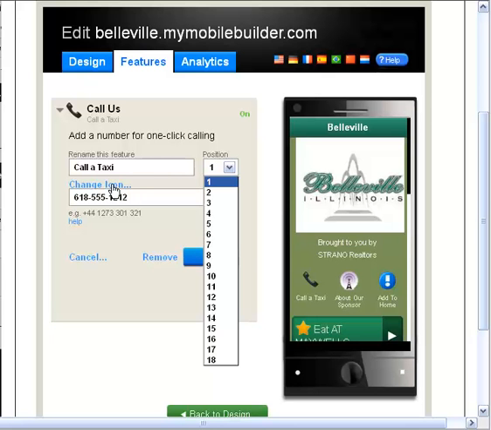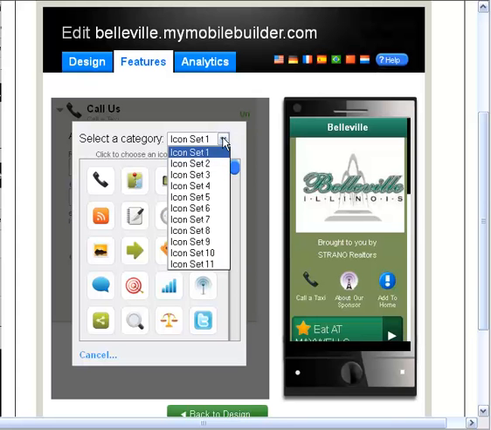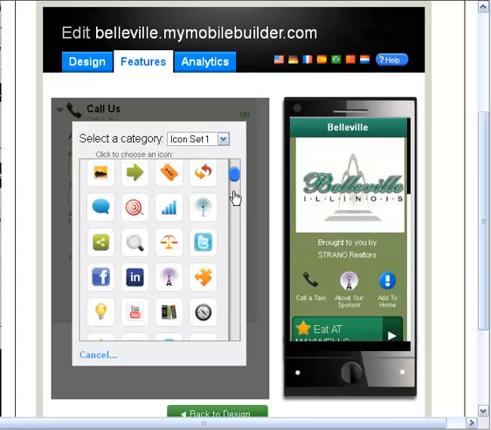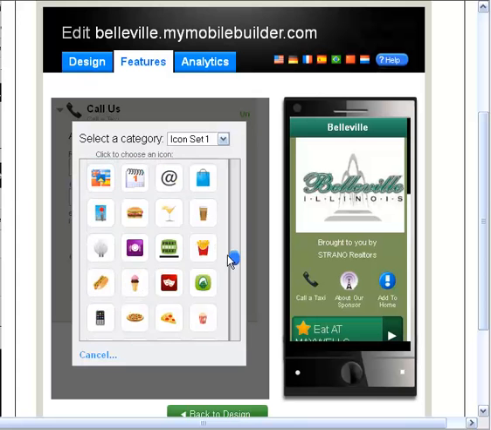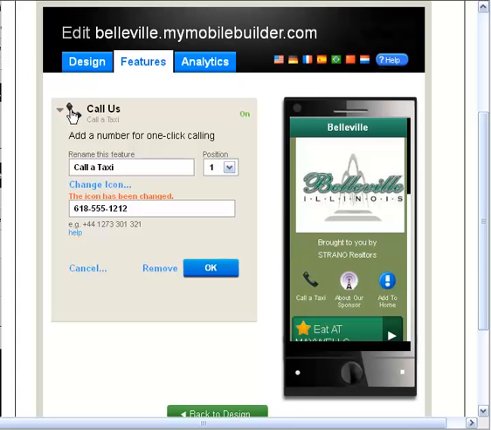Also, this is a place where you can change the icon. Click Change Icon, and you will see that it comes up there. And here you can scroll through. You can either choose different icon sets, or you can choose different icons within that set. And of course, on this one, we clicked on the telephone, so that is the icon that we'll be using for Call Us. Once you have everything set the way you want, you just click OK,